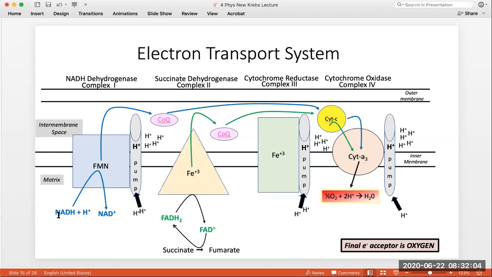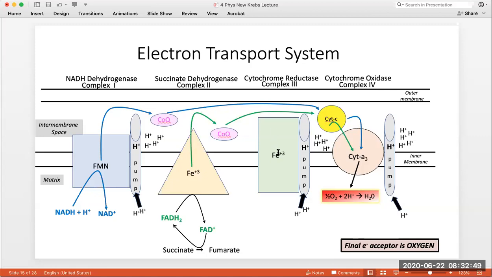So again, the electrons get transferred from NADH plus H plus to FMN. FMN is then going to transfer the electrons to an electron carrier, which means it's going to carry the electrons to the next component of the electron transport system, or the next complex. So the electrons get transferred from FMN to coenzyme Q. Coenzyme Q can move laterally through the membrane. Coenzyme Q accepts the electrons, so FMN gets oxidized, coenzyme Q gets reduced. Coenzyme Q then shuttles the electrons over to